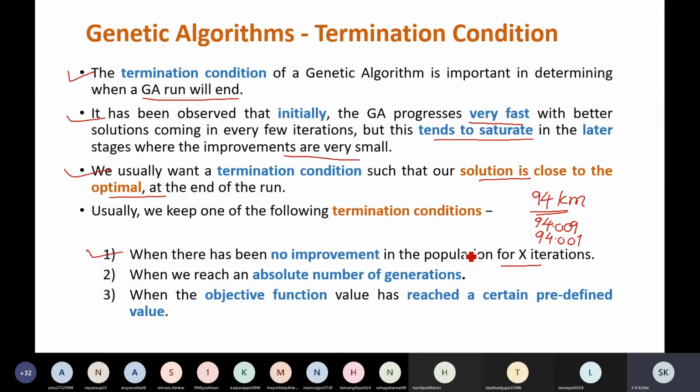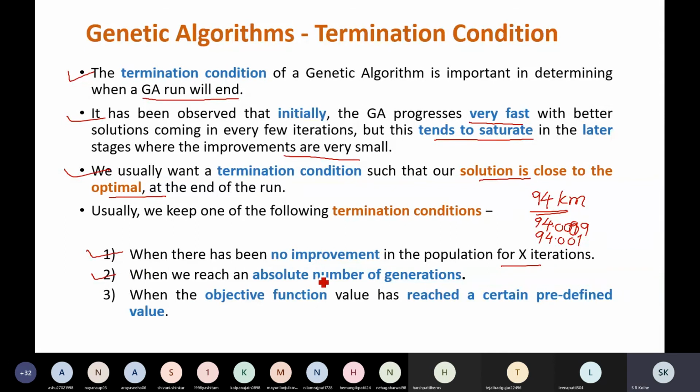So you will find out values are very close, so no further improvement is possible. Therefore, for the algorithm you can specify the condition: if there is no further improvement, the algorithm will terminate. So you can have such a condition there.